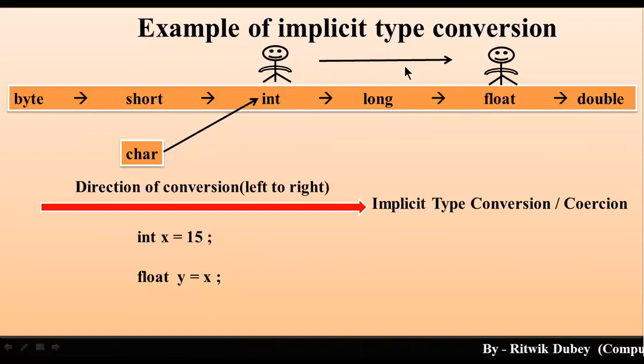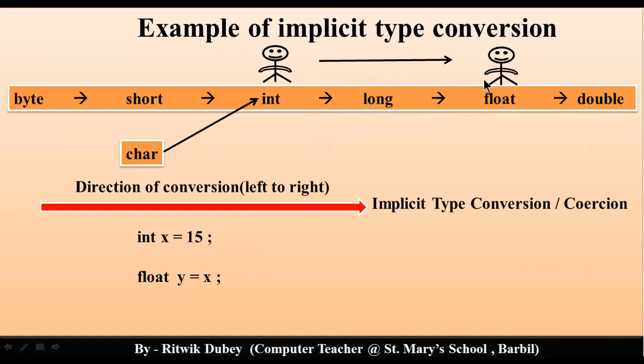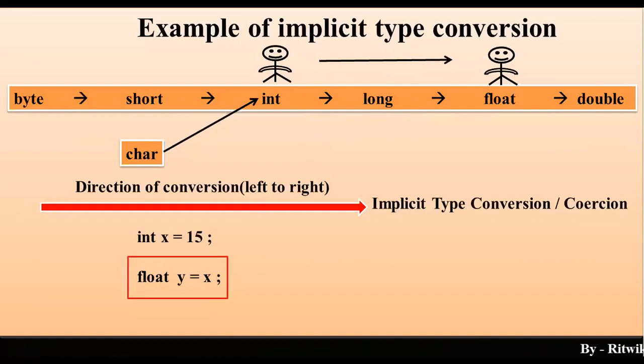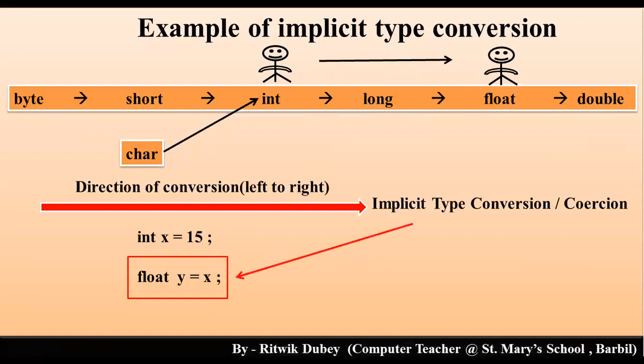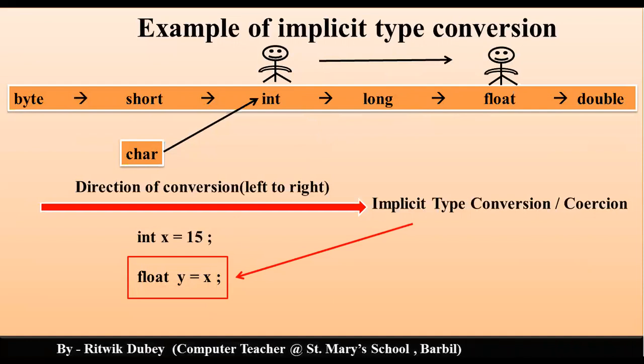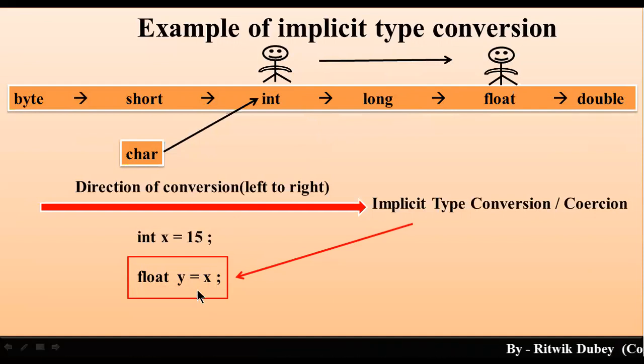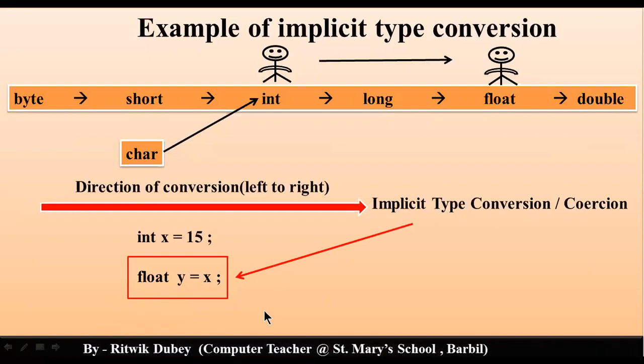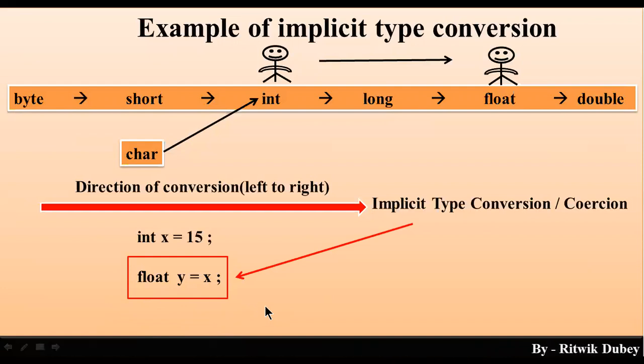Okay, so is there a conversion from left to right or right to left? It is left to right. The conversion is from left to right as per the chart. This conversion is called implicit type conversion, and it is done automatically by the compiler. We have just initialized, but the compiler internally will convert the int value into a float value. Now, if I write System.out.println x and System.out.println y, I will get 15, and next to that line, I will get 15.0.